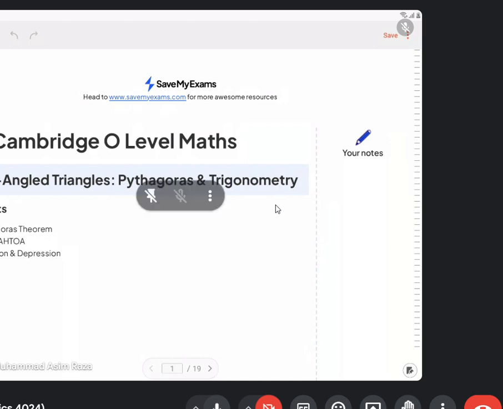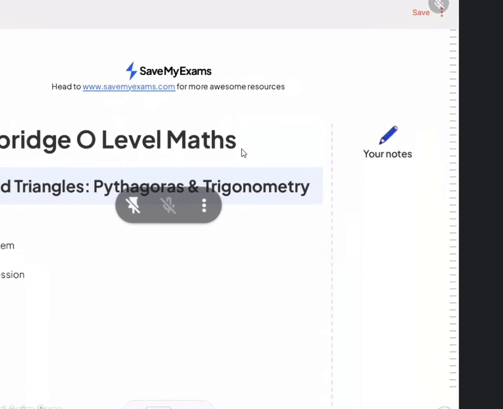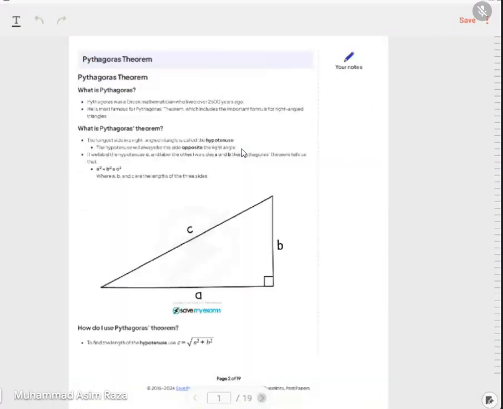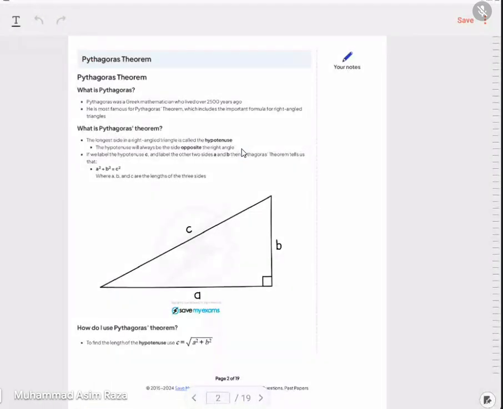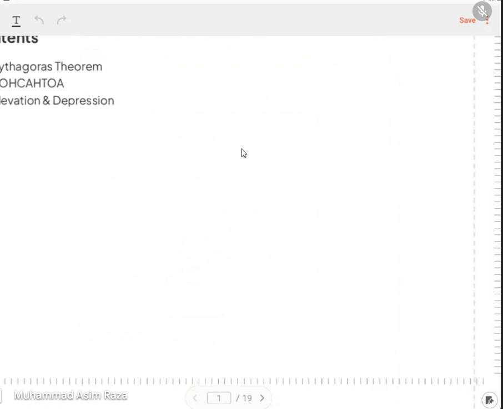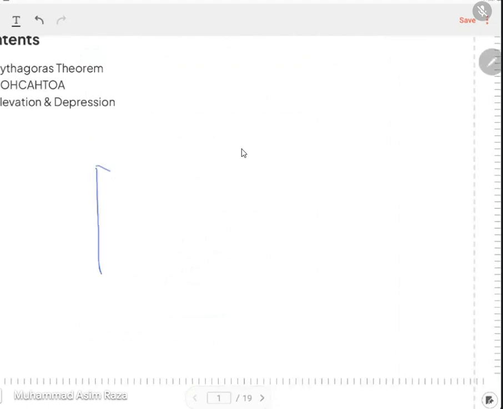Okay, so as I told you, we will be doing trigonometry over here. In trigonometry, first of all, we will be doing the Pythagoras theorem. So what does the Pythagoras theorem say? It says that for a right angle triangle, if we have this right angle triangle, right, and this